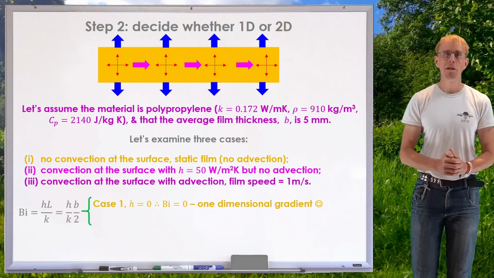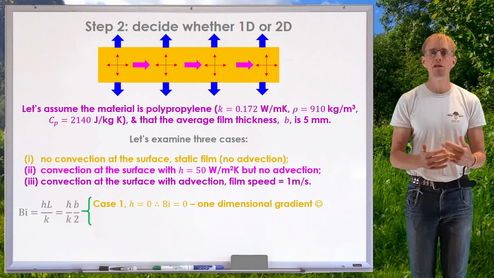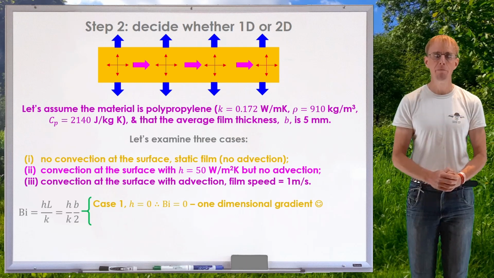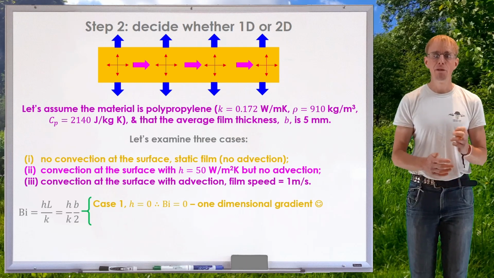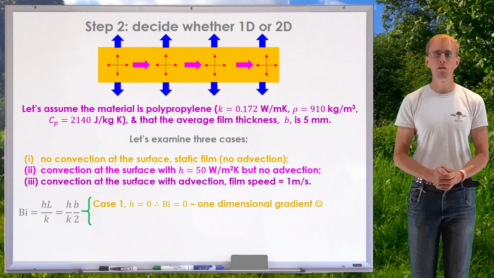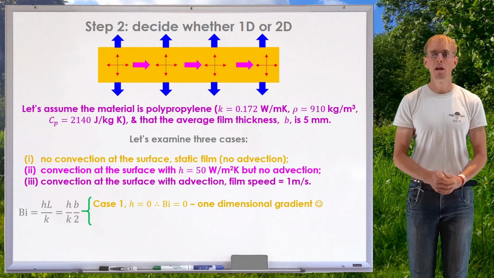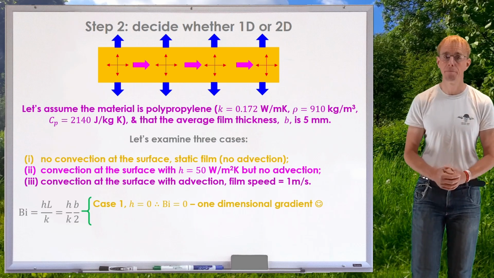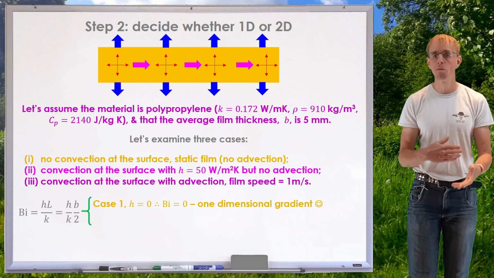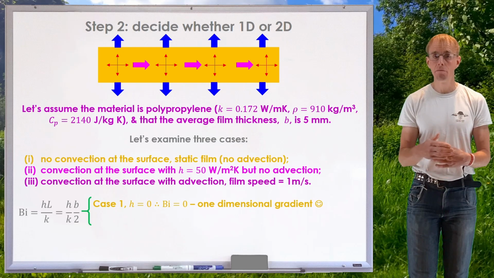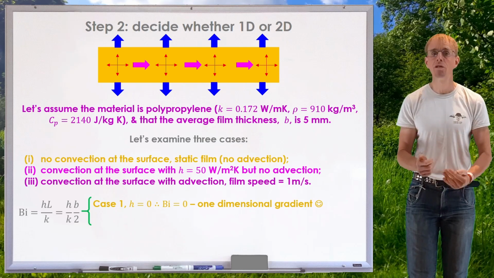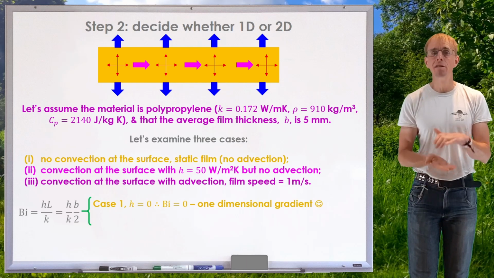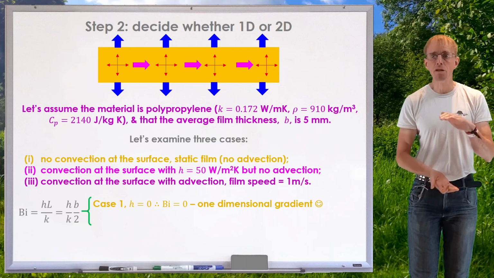So the Biot number, the ratio of external heat transfer by convection divided by the rate of internal heat transfer by conduction, hL over k. For case 1, h is 0. My Biot number is 0. I've got a one-dimensional gradient, which is going to be in my extrusion direction. Remember that a Biot number less than 1 means it's one-dimensional. It's just along the length. It's not in the direction of convection. Biot number greater than 1, then there is going to be a temperature gradient in the direction the convection is